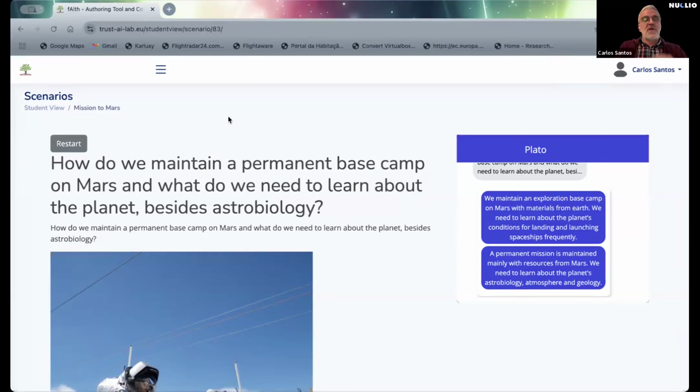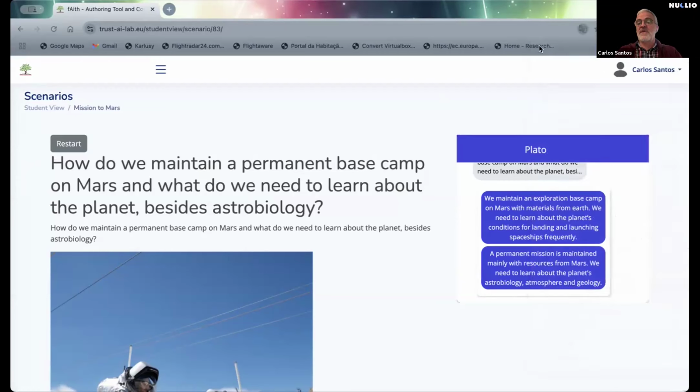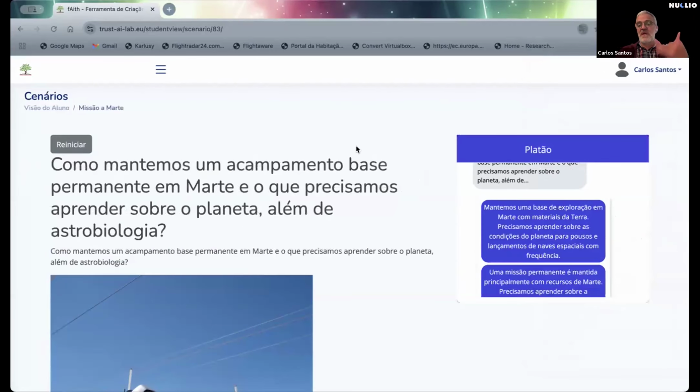When you go to the listing of scenarios, you see scenarios in Greek, in Portuguese, in English, and so on. Actually, you can, if you use a browser that allows you to translate. For instance, I'm using Chrome. I can go here and say translate to Portuguese. It will translate everything for you in the scenario. So everything will be translated. It's an automatic translation, so the text might not be perfect, but usually it's good enough for students to understand